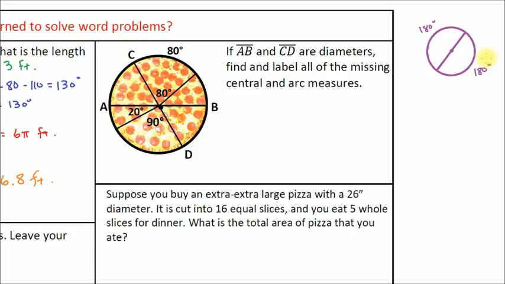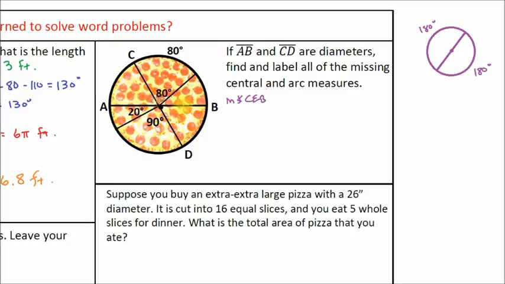180-degree sections. So if we look at this question, if CD is a diameter, then this angle and this angle and this angle have to add up to 180. So if you want to start finding missing parts, that's the first part you're going to find. You're going to find the measure of angle